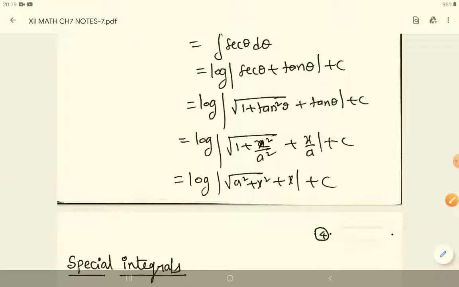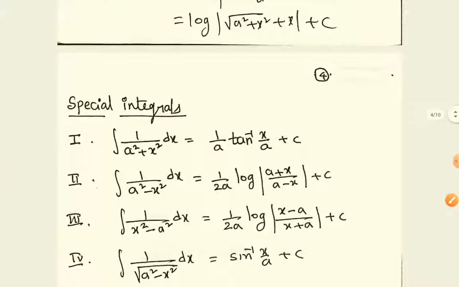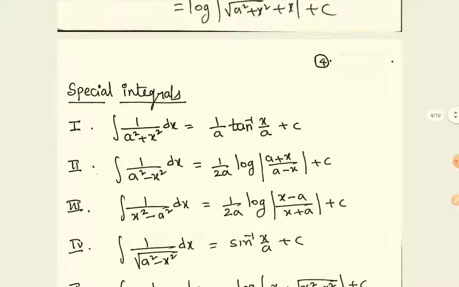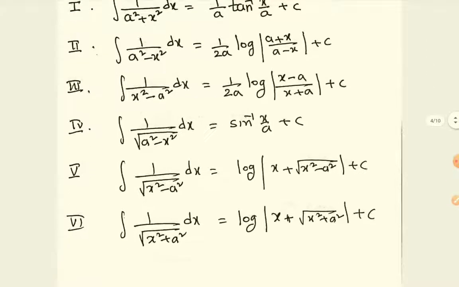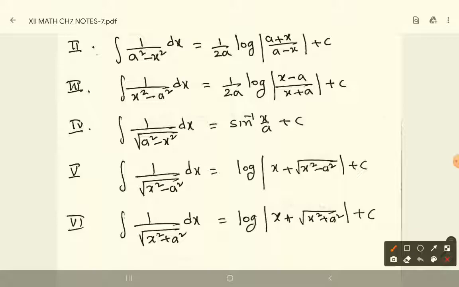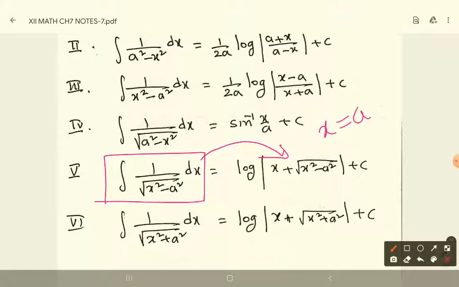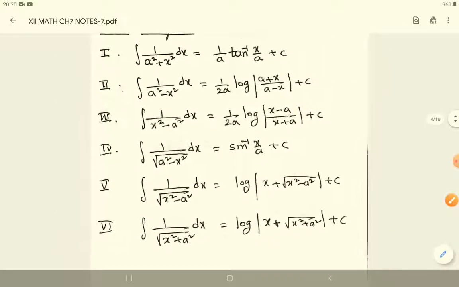Okay, next. Along with this, all five were discussed. The sixth one is also like the other one. The sixth one is what? This is x square minus a square. I have not discussed how to do this one, by taking x equal to a secant theta. Do it like the fifth derivation, using x equals a secant theta, then you will get it. So try to learn by heart all 6 formulas before learning the example problems.